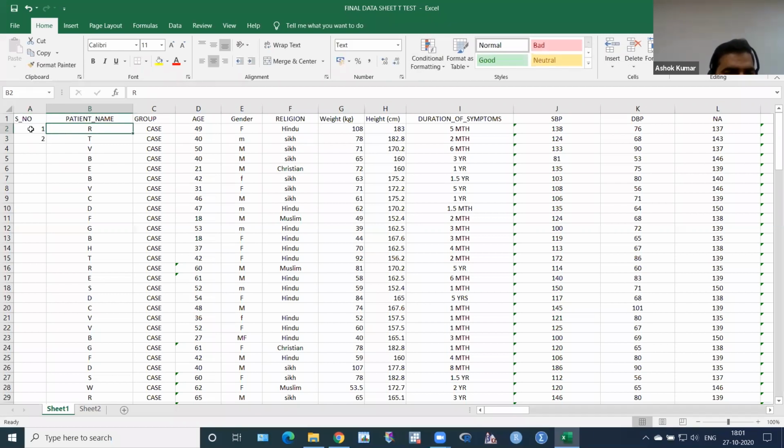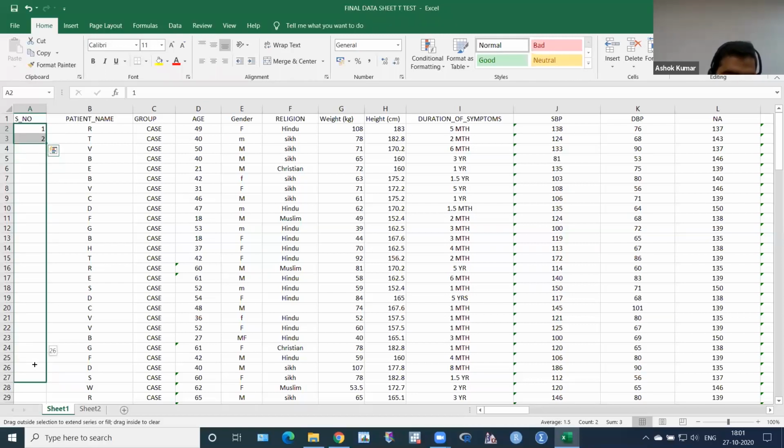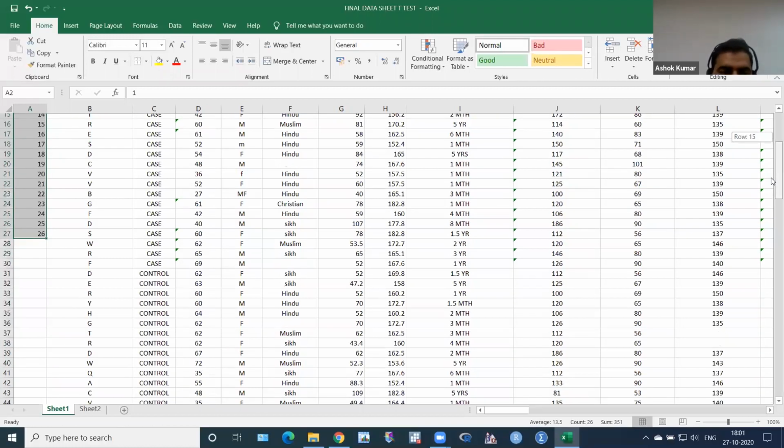Again, click on 1, then press shift and down arrow. There is a small box marker, and I bring my cursor over it. My cursor changes to black, and I press and drag it down. The serial numbers automatically come.